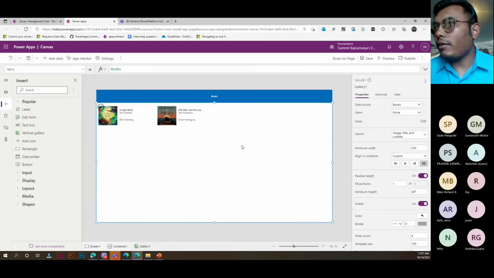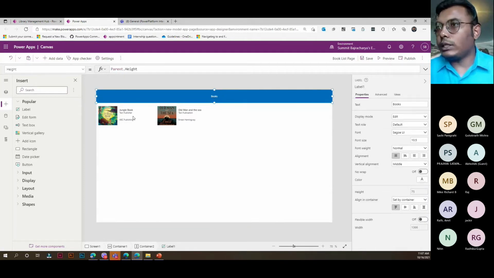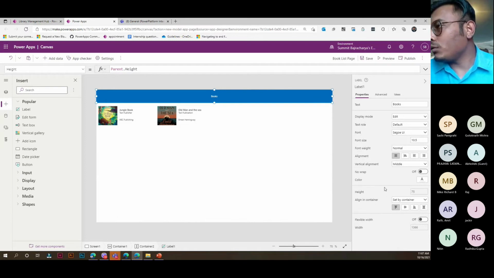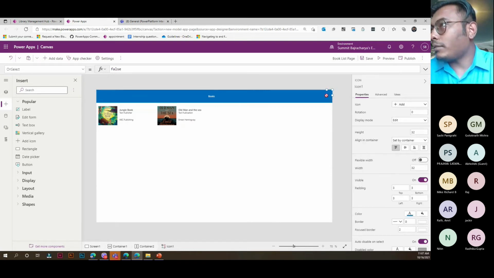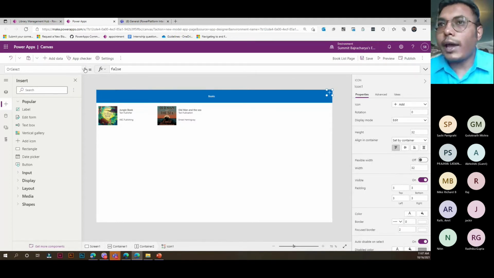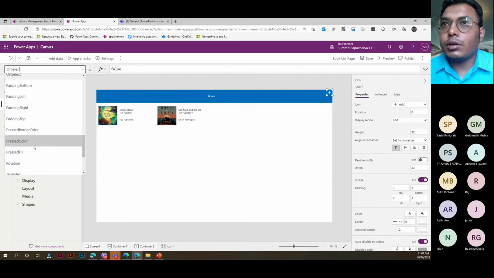So yeah, we have an app here, we have a header here. Let's say I want to add a new book, I might want to have an option to add that. So I'll just put an add icon over here, and this add icon is going beyond the border. So what I'm going to do is I will put this as flexible width, and this add button, I will put the color as white, and maybe I want the size or height of this button to be a little more